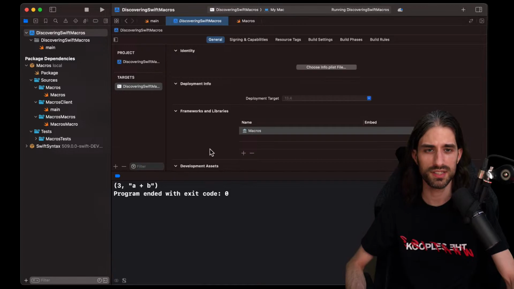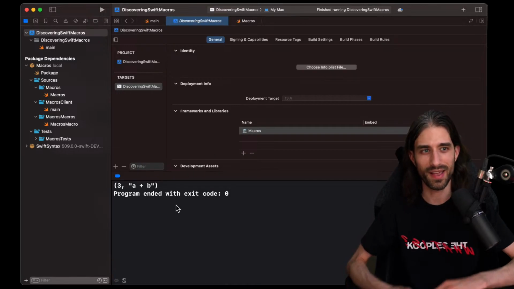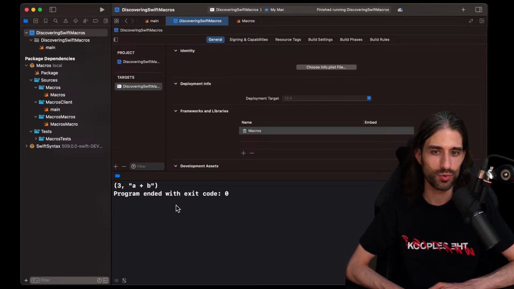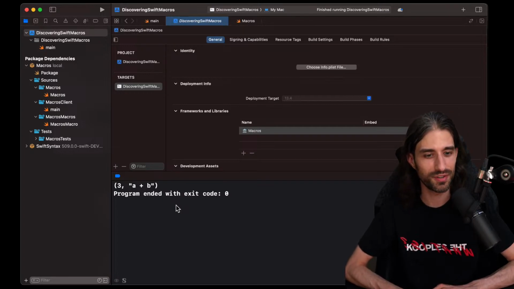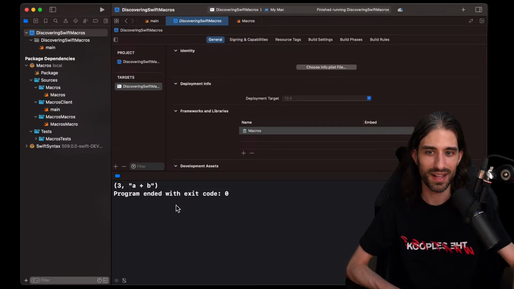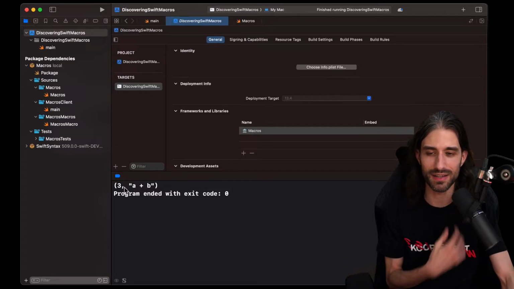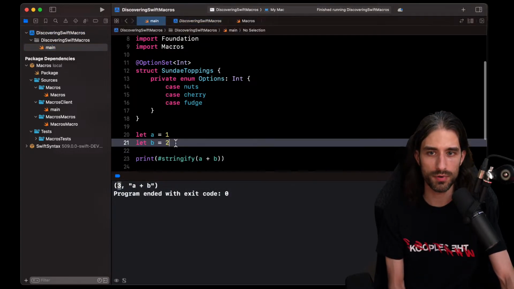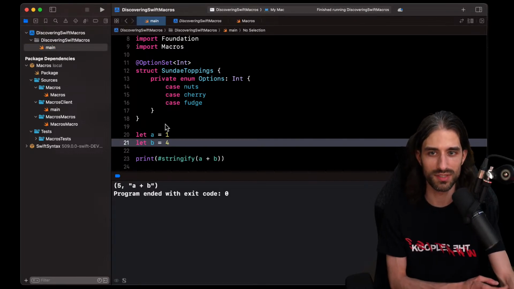Yeah, you know, when I imported, yes, so now I get why. It's because when I did the add Swift package, I checked every box to import everything I could import inside my app, but I should have thought about it a bit more. And so now we can see that Stringify did work. And what's interesting is that we seem to have the result of the evaluation, because 1 plus 2 equals 3. Just to see, I will change it to 4 just to make sure. Okay, so this is what's happening.